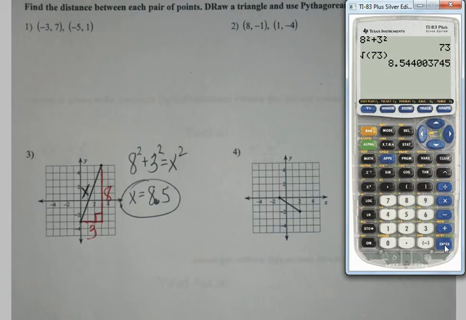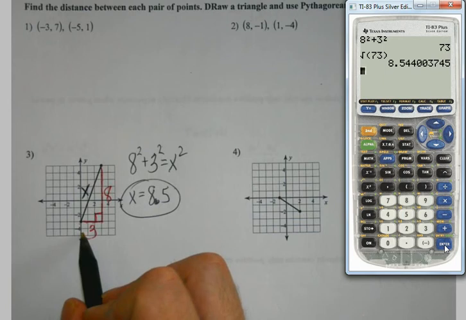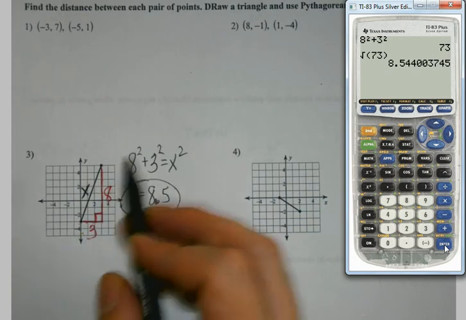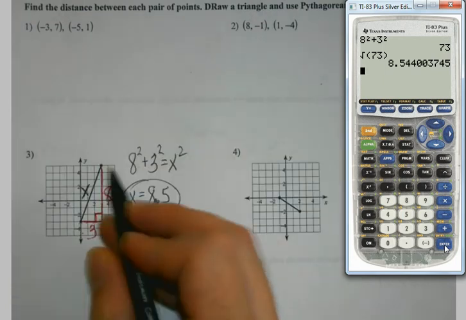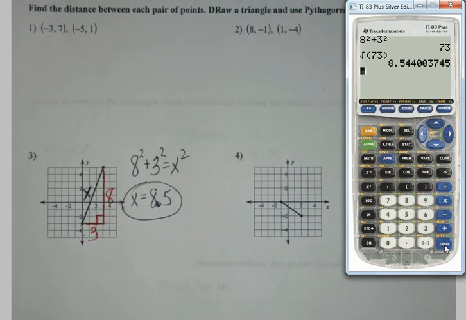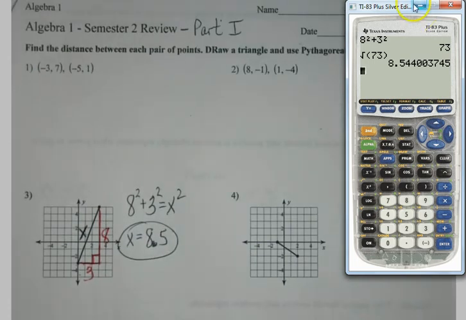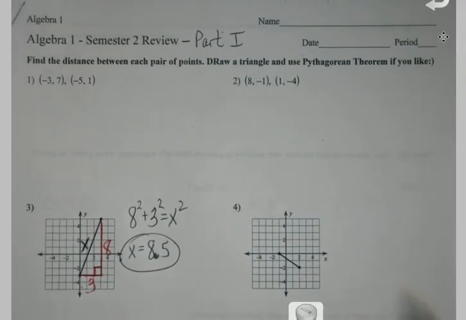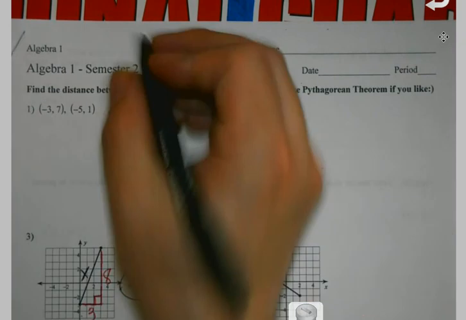Well, what if I don't have a picture? What do I do then? Well, I can do one of two things. I could either sketch a picture like this, make myself a little graph, plot the points, and then go. Or I can use the formula that goes along with this. Like, okay, a formula. How's that go again? So my formula on this one,